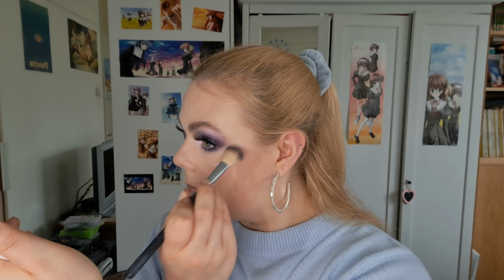Oh, by the way, this is Pearl Gone Wild in the shade Hope. So this is the finished Pearl Gone Wild, and it's in the shade Hope. I like it. It's actually a little bit more subtle than you might think when you see this packaging. Yeah, I like it. Then finally we need something on the lips, and what I have is the final K-Beauty